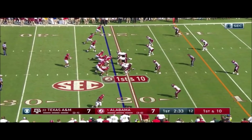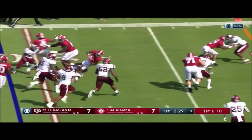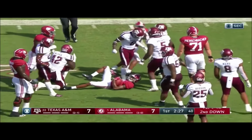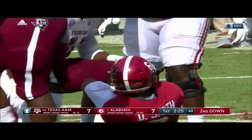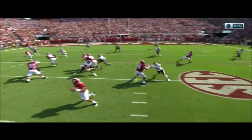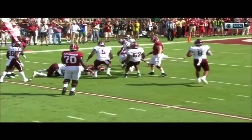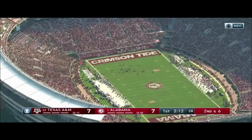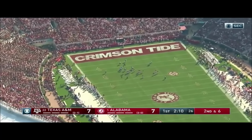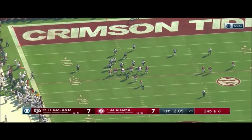Empty backfield for Tua Tagovailoa. Fakes one way, throws a screen to the wide receiver back the other, and Devontae Smith's got his 3rd catch. This was a wide receiver screen. You see on almost every throw, Tua looks off, fakes, gives a motion. He sets up almost every throw with either eye movement against the defense or a motion with his arm in